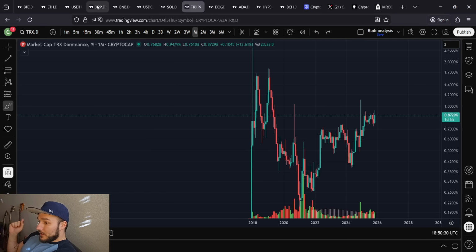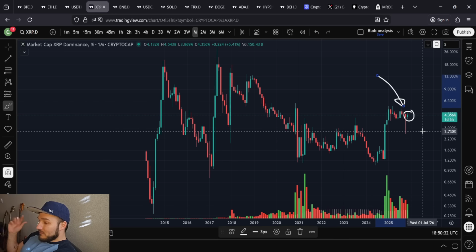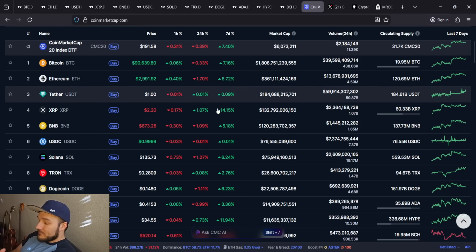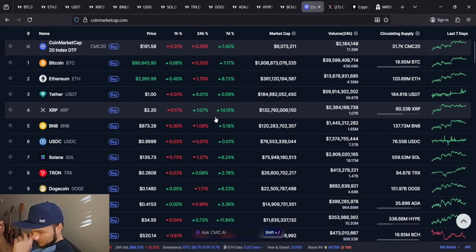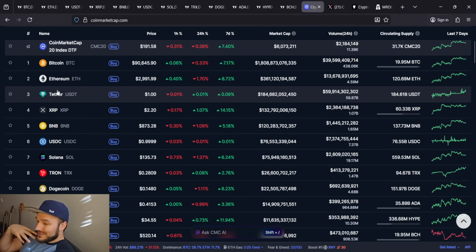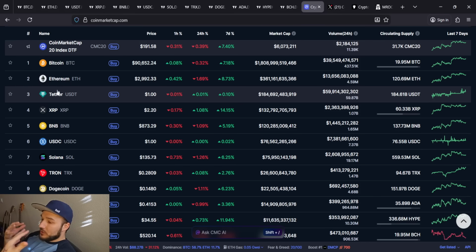And then XRP is up about 5%, right? XRP with the highest dominance so far. So it might have less of a percentage growth. But effectively what we're doing here is looking at the top 10 cryptos, excluding stablecoins. But again, I think including those was important just to show that in times that we're down, we typically do see stablecoins go up. Because most people don't sell Bitcoins for dollars, they sell them for stablecoins now, right? So it makes sense that stablecoins would go up.